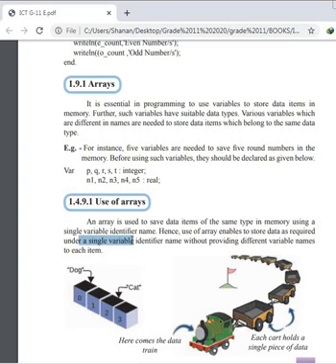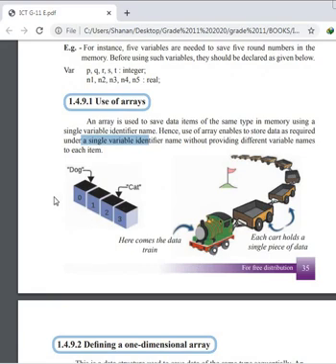In a single variable, we can have only one value, but using an array, a single variable can hold many values under one name, without providing different variables for each item. For example, if I make this variable pet, I can set pet name 0 to dog and pet name 2 to cat. Now, what is 0 and what is 2? They are the position, or index, in a variable